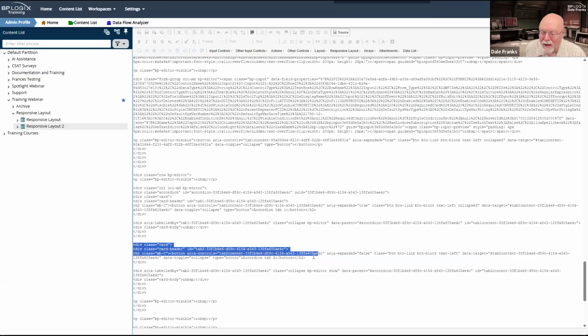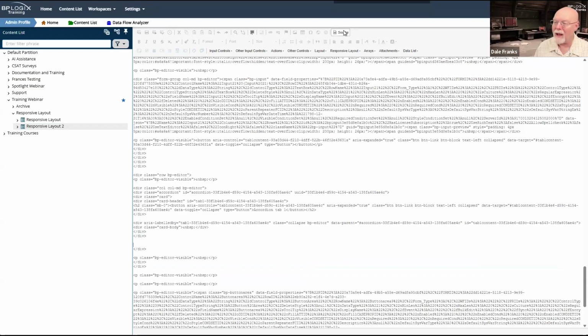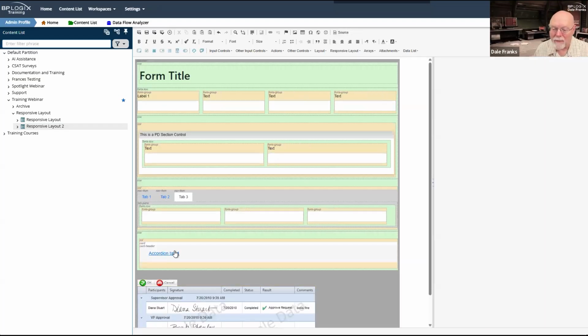All right, this is an H2 tag. Now I'm down to 1 div tag. Here's my second div tag. Here's my third div tag. And I think I need to take that. I think that is what does it. Let's cross our fingers. I'm going to X our way out of that. I'm going to go back to source, and I have an accordion, but I have done something wrong.